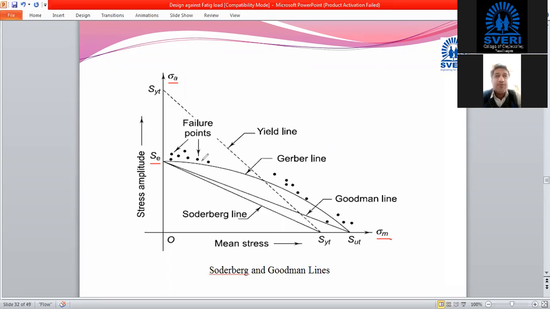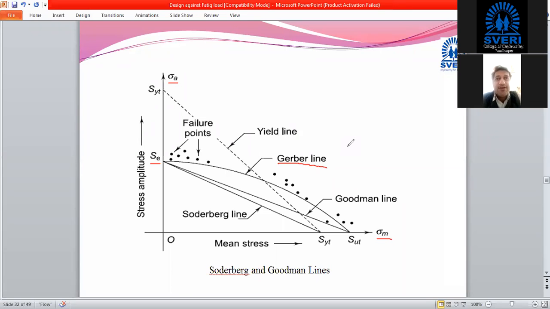So actually, when we get the failure where Gerber has decided his line, he has joined just the points which he got on the failure side, and this is not actually a line, this is a curve which we have got, and that is known as Gerber's line. Sorry, actually it is spelled G-E-R-B-E-R. Some authors call it Grubler, and some are saying Grabe-Breyer.